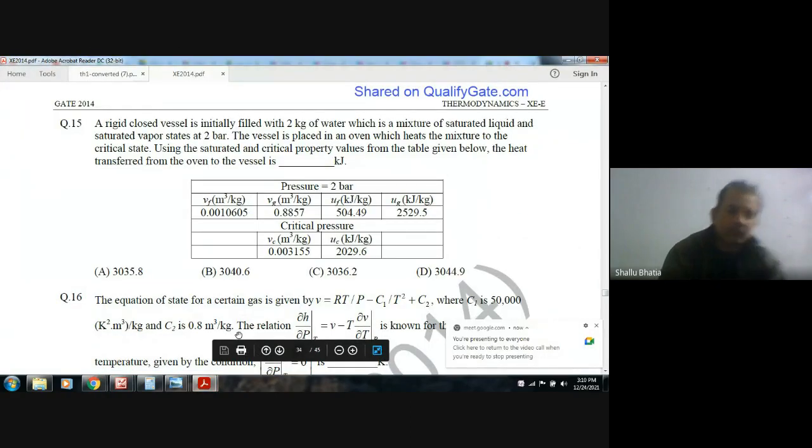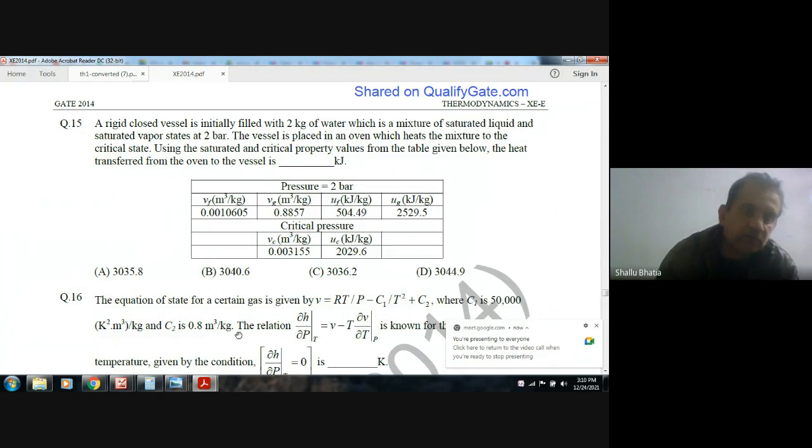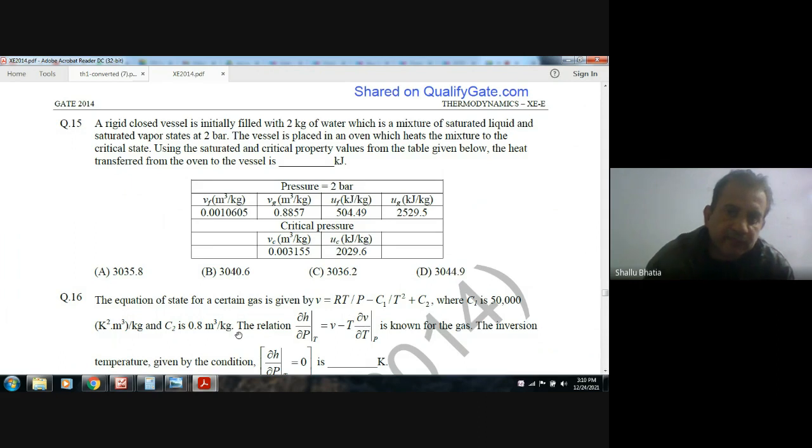Hello. We left the GATE 2014 mechanical paper at question number 50 because of missing data. Now I have come up with the original question paper with the data given. Question number 15: a rigid closed vessel is initially filled with 2 kg of